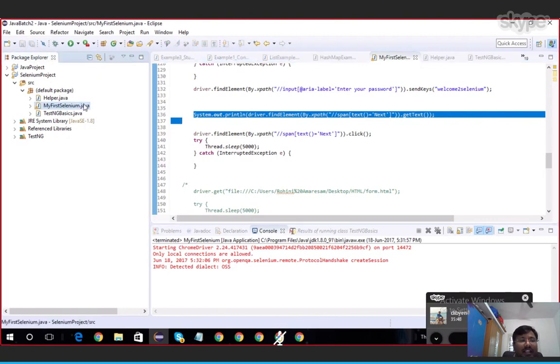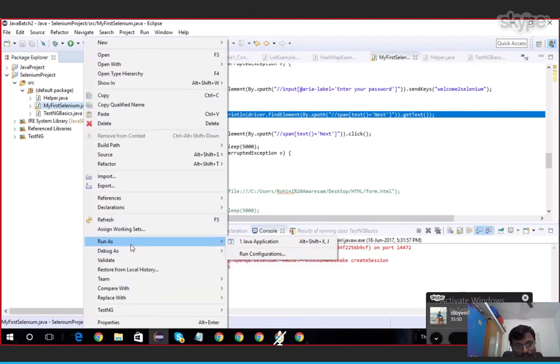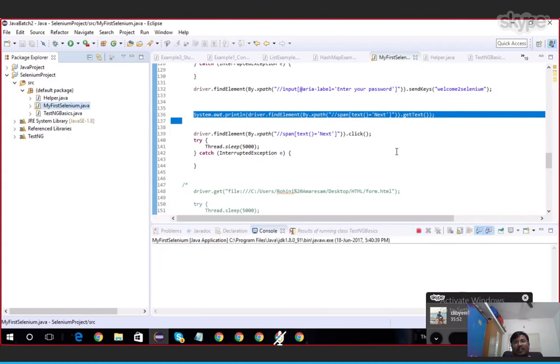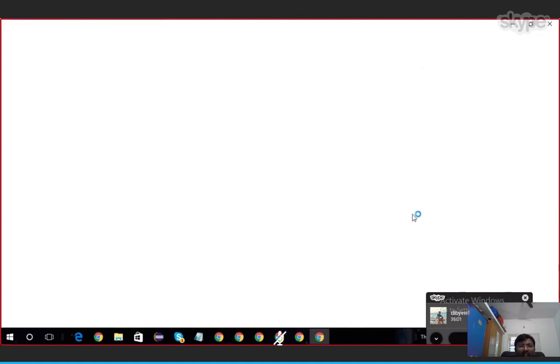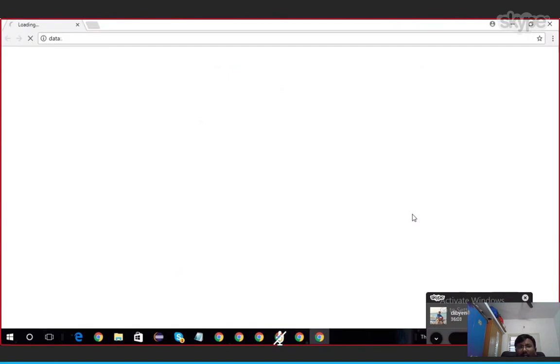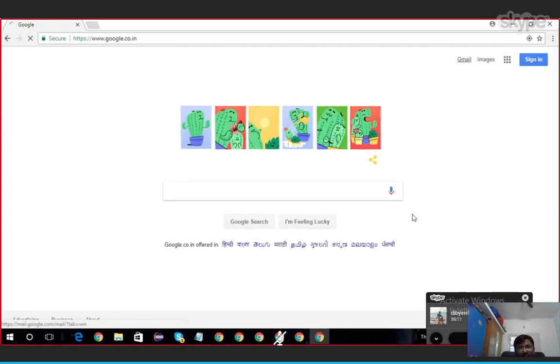Let me run it. Actually, we use this getText for reading data from text fields or text area fields. In my example, I did not find any text area one. Maybe in future, if we find, I will try to read data from there and show you.